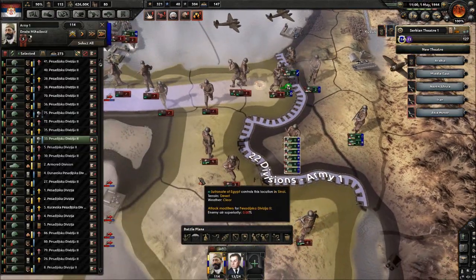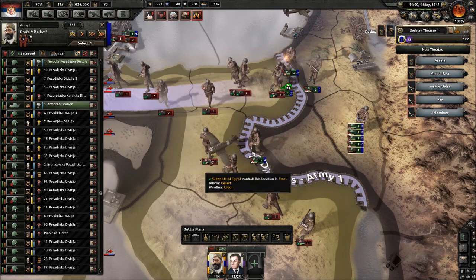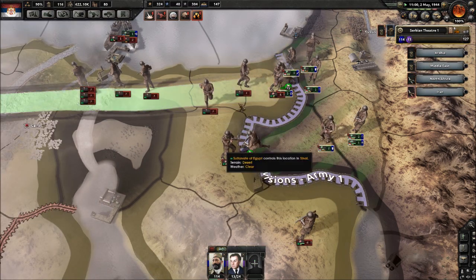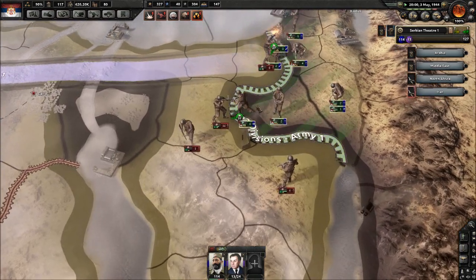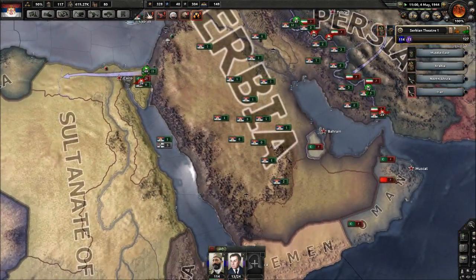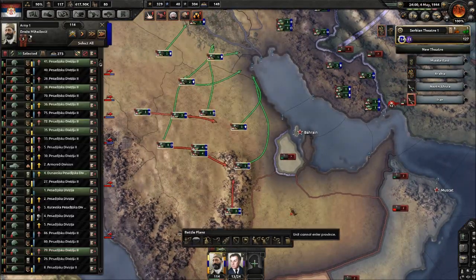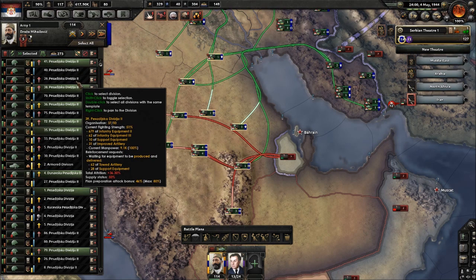Actually, if we manage to attack these guys, attack this, support from those, take this tile, then these southern guys will be completely cut off. Nope, not gonna work. This is just annoying. Come on, just...